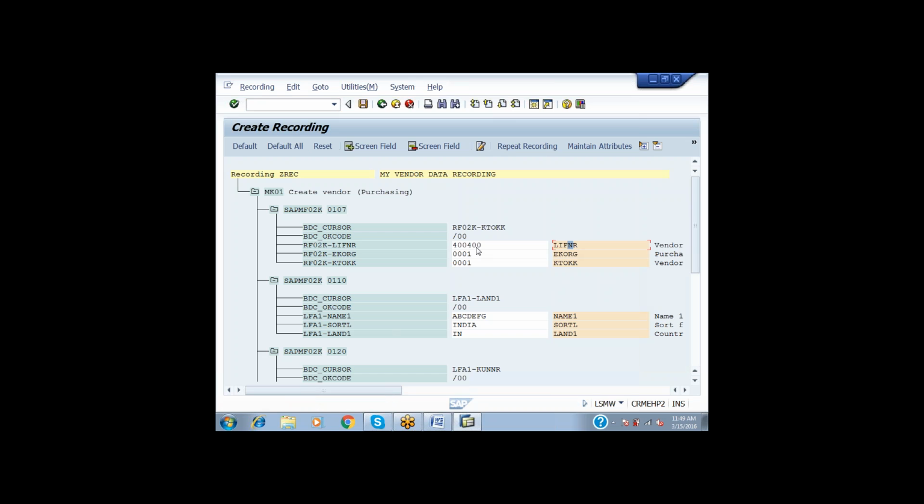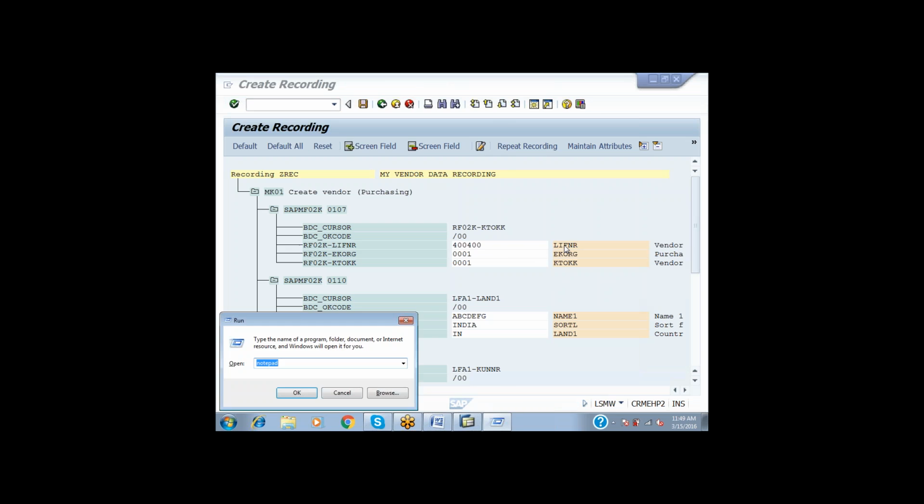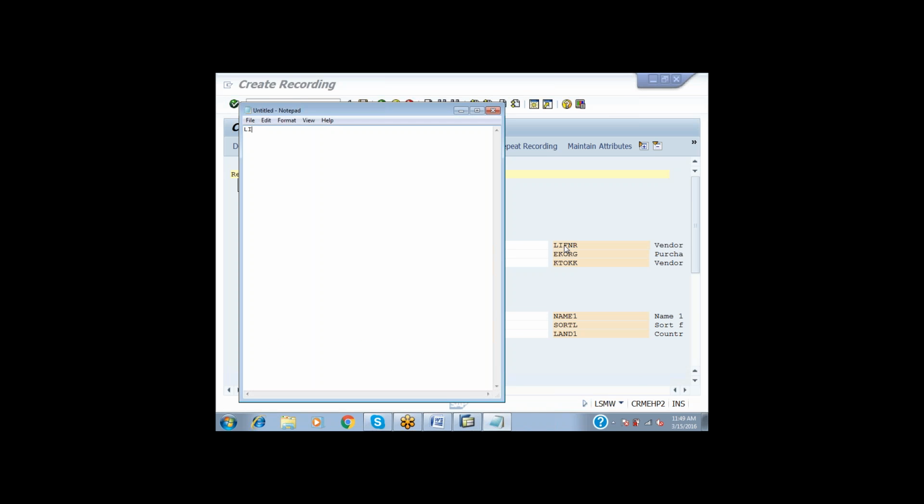But in SAP, I don't know what is the 400 400. What was it? LIFNR. That means vendor number. Make another notepad and write down these numbers: LIFNR,